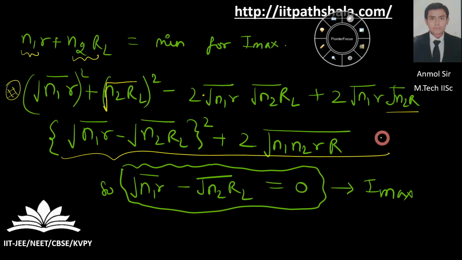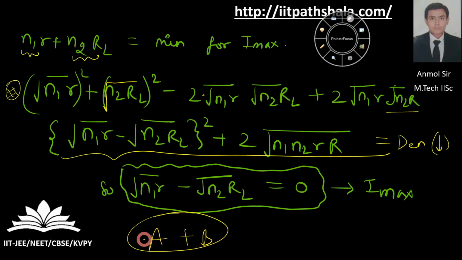Now this is nothing but the denominator, and I have to minimize this denominator. My denominator has an a term plus a b term, so it is of the form a plus b. So what I can do is, I can make either the a term as minimum as possible or the b term as minimum as possible. I cannot make my b term minimum because n1 and n2 are definite integers. There will be some kind of integers over here, so I cannot take them to be 0.